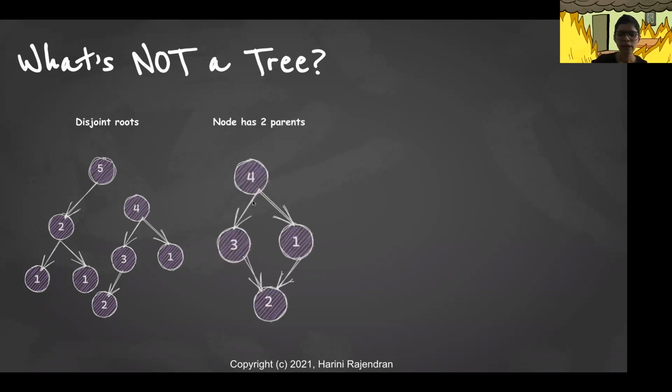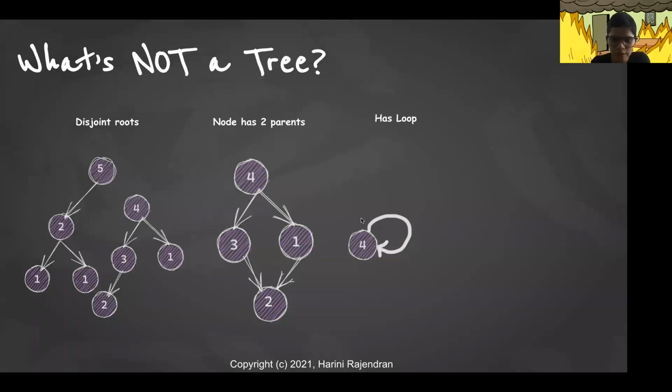And also, even though here we have a list of nodes that are hierarchically connected to each other, this particular object again does not represent a tree, because in a tree, each node should have only one parent. Whereas if you see here, this structure has a node 2 which has two parents. So if we have a structure like this where there are two parents, then again it's not a tree. In data structures, we call this kind of representation a graph.